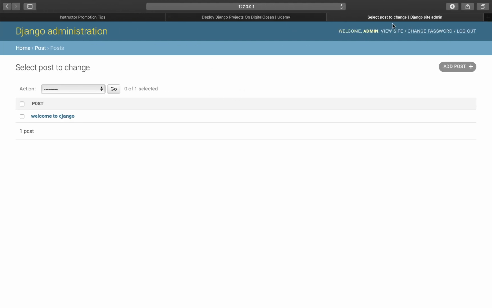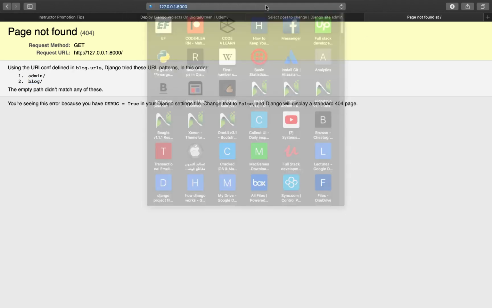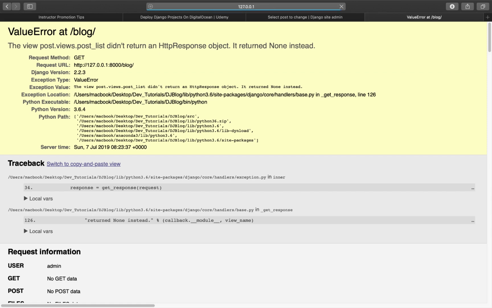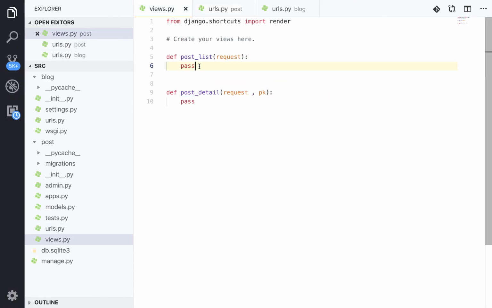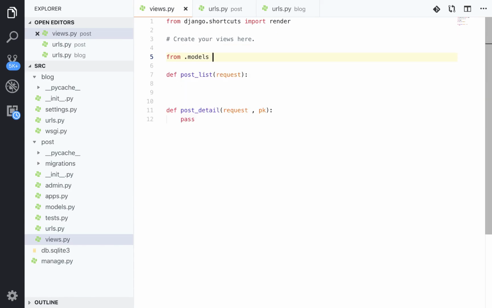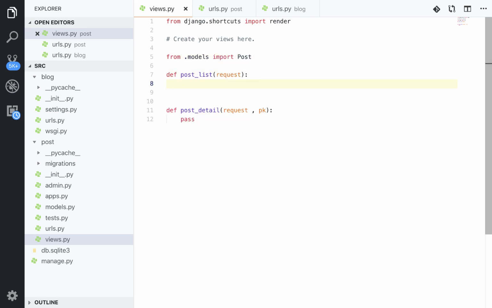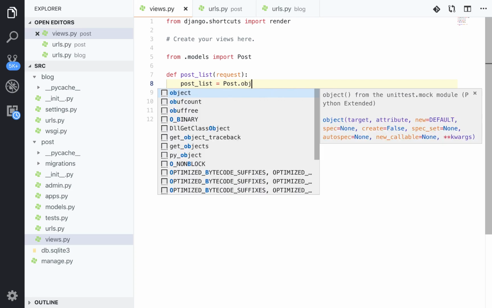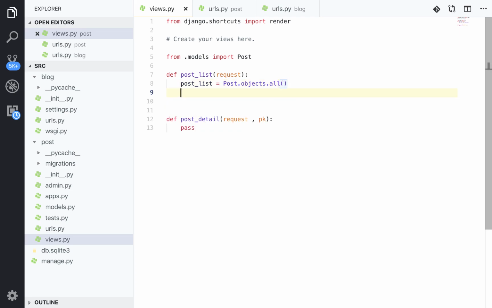So there is nothing called home. So we need to give it /blog, and our view list did not return an HTTP response. So we need to retrieve some posts in our views here. So we need to say from .models import Post, and here we're gonna say post_list equal to Post.objects.all(). Just like this, and we're gonna say the template